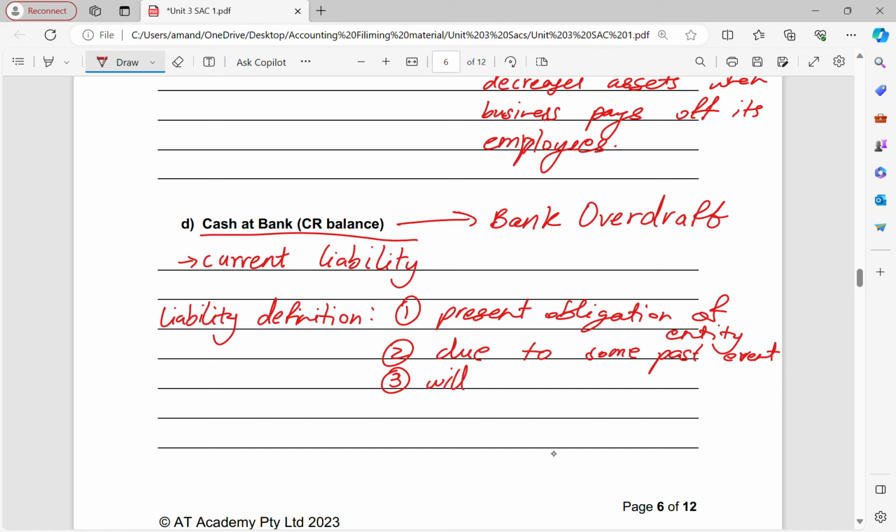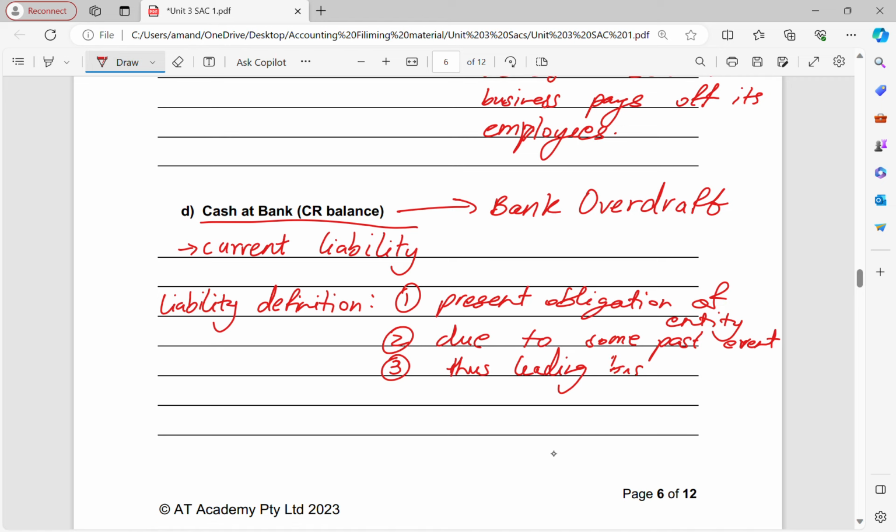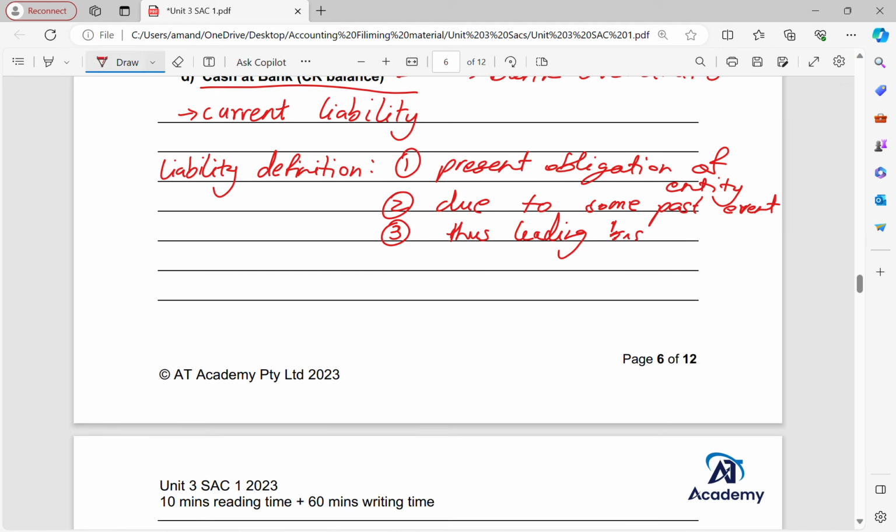And then this is an important one. Does lead the business to transfer